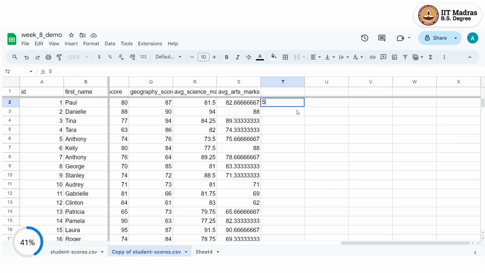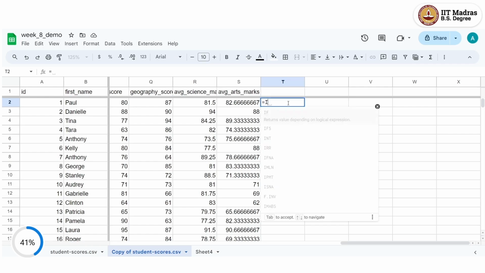And if they've done better in arts, then I would like to put A. So what we can do for that is, and like I said, there are 2001 entries, so it's not possible to manually enter for all of them. So we are going to make use of a function called IF. So if I go to equal to IF,